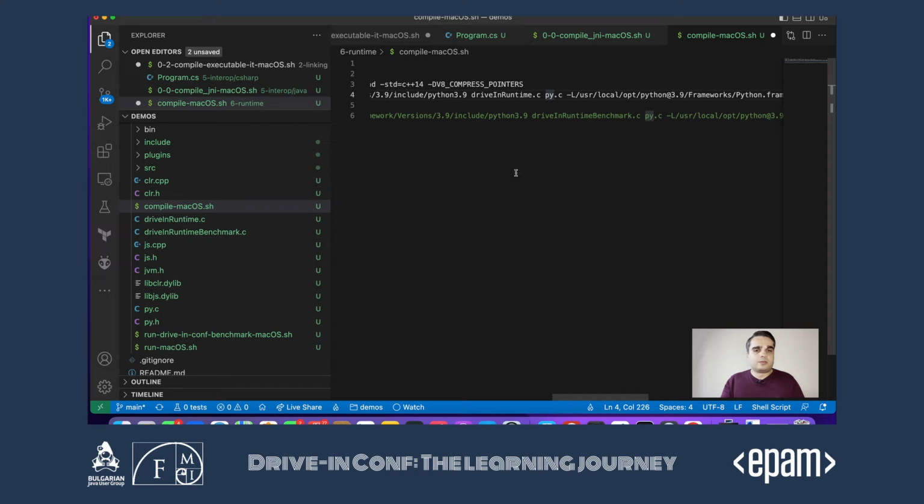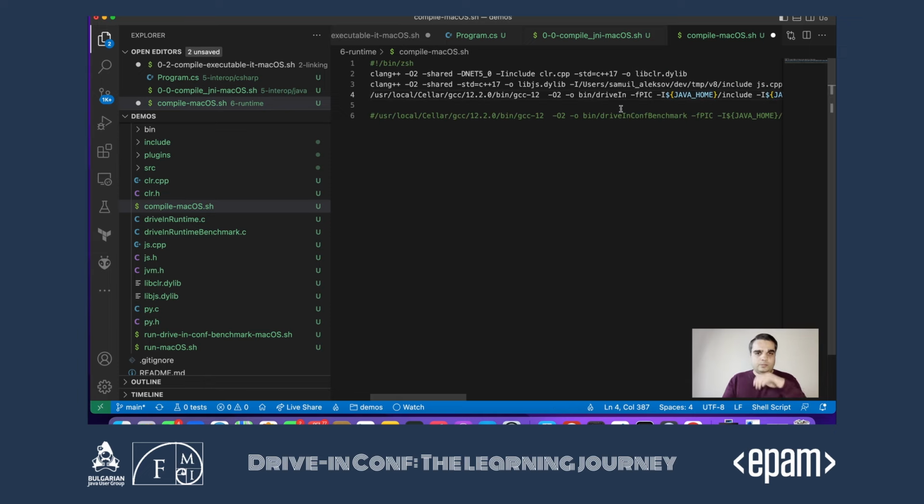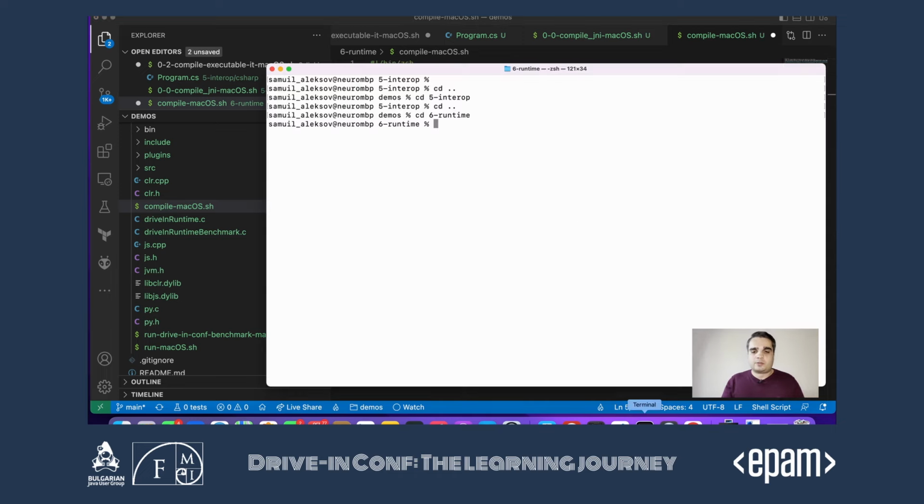We compile py.c, and then we make sure we also link into Python, and we link into the JVM, and we link into our local library with JS, and we link into our local library that loads the CLR. Quite involved, but because now we understand how to manipulate programs and libraries and code of this kind, this is possible.